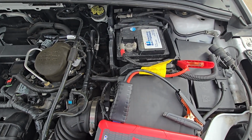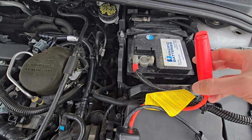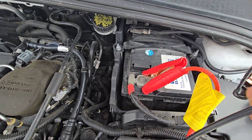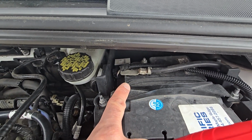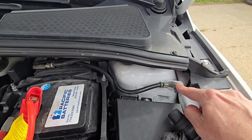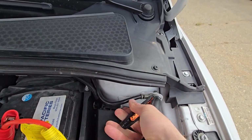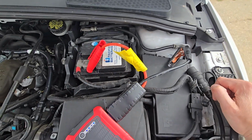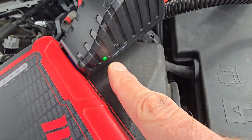Okay, now to start you want to connect your cables. So the red cable goes to the positive battery terminal and the black cable goes to negative. Now the negative terminal is deep inside and a bit hard to access, but for that reason there is this ground wire going all the way here, so this is actually the boosting point, so you can connect your negative cable just here. I'm trying to work with one hand here. Okay, that's it. Now on my booster, once this green light here illuminates, I can proceed inside the vehicle and